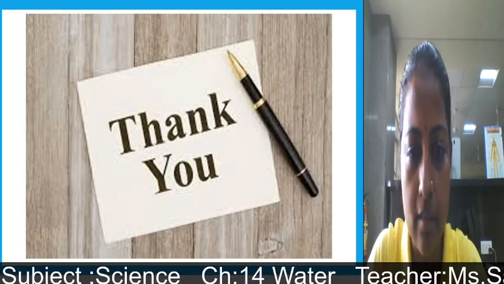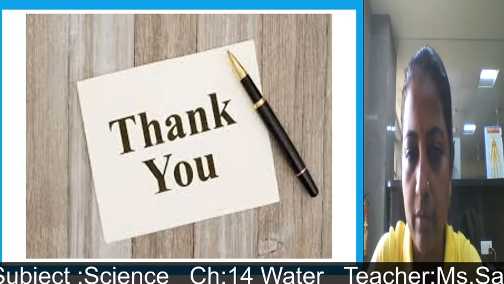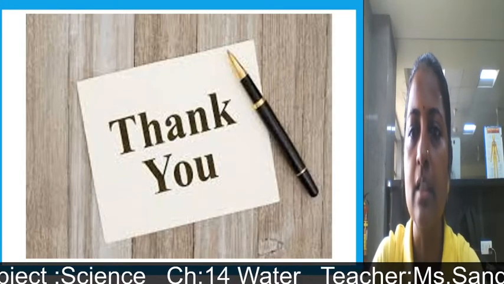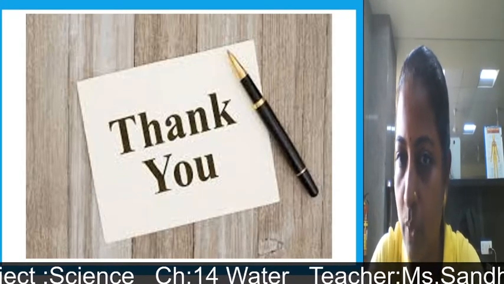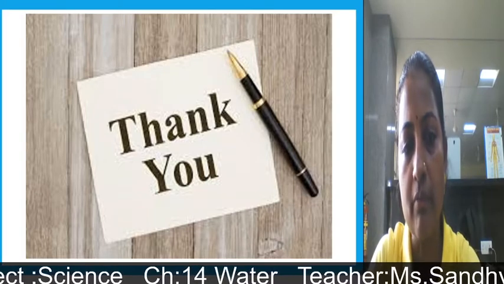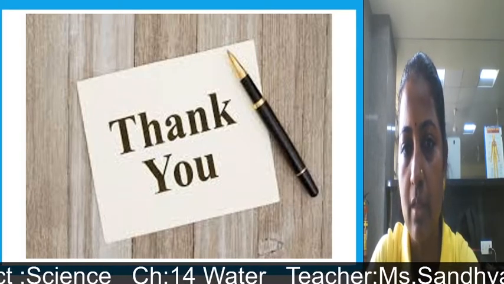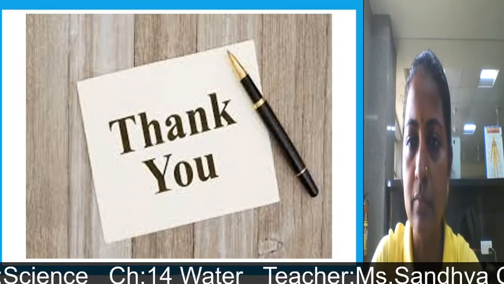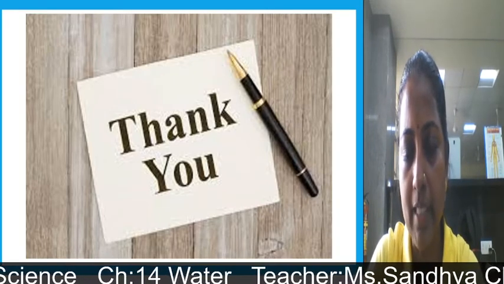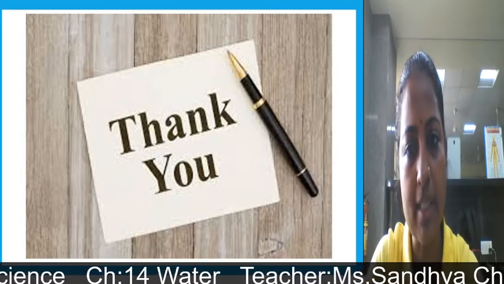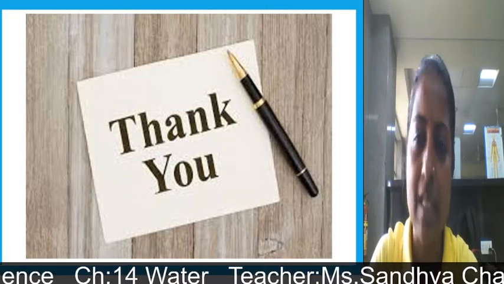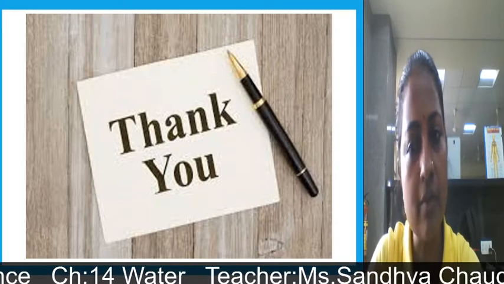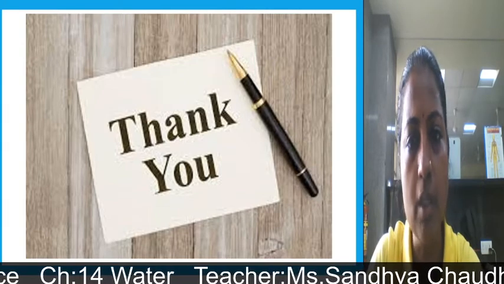So students, in this introductory part of the water, we have seen uses of water and availability of water for use. Then after that we have seen the evaporation process: river, water, lake. Because of the sun's heat, that water gets evaporated, and by that evaporation the water vapors are getting mixed into the atmosphere, and by transpiration also. So by these methods, evaporation and transpiration, water vapors are getting mixed into the atmosphere.